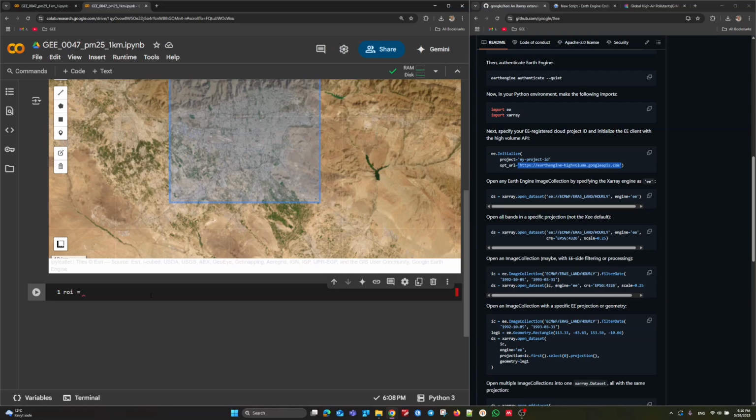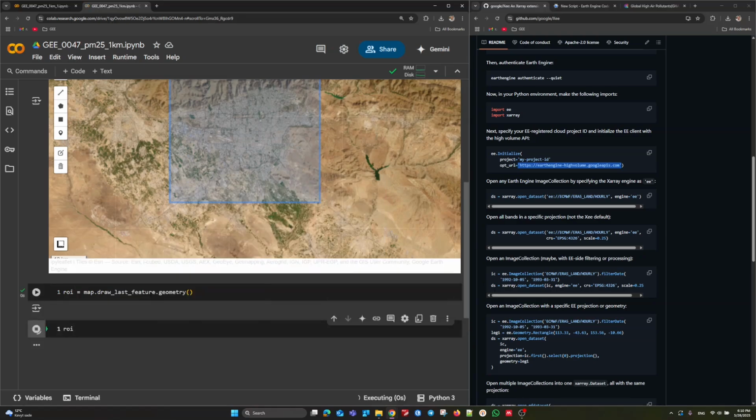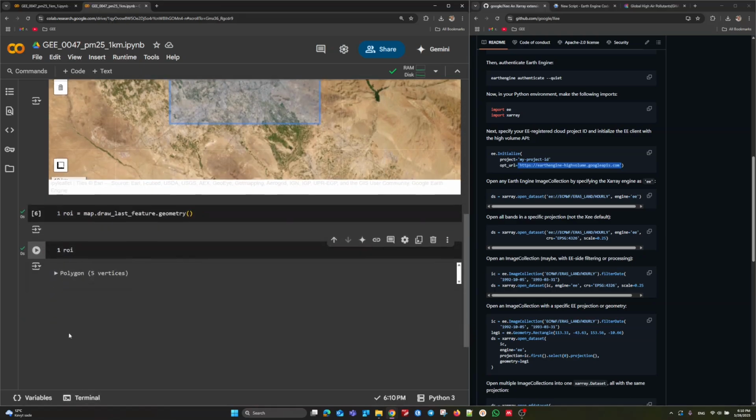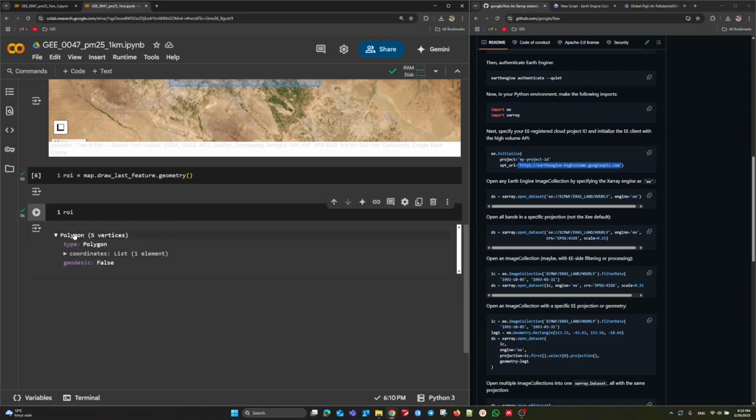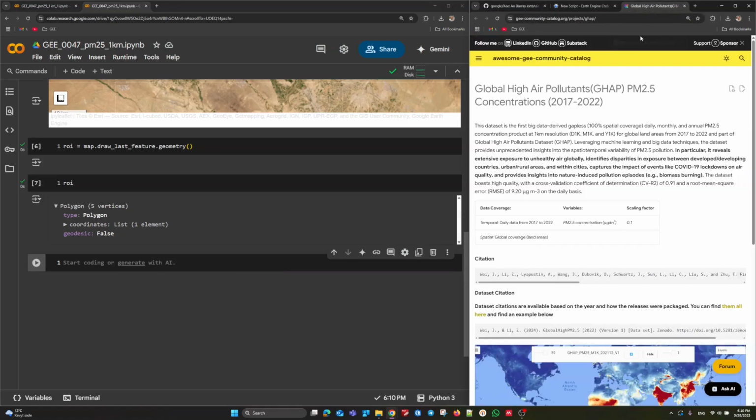ROI sets to from map, select the last feature, convert it to a geometry just like this, and run. The ROI is available as a polygon with 5 vertices. Everything is fine. In the next step, I need to actually call the high resolution